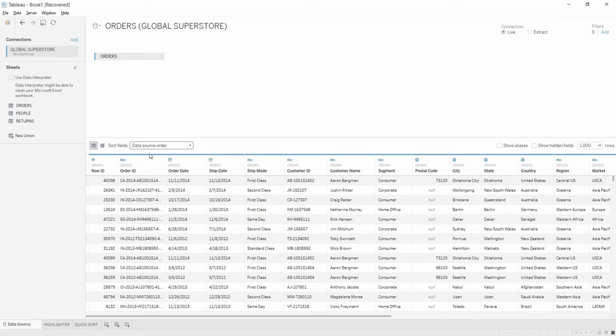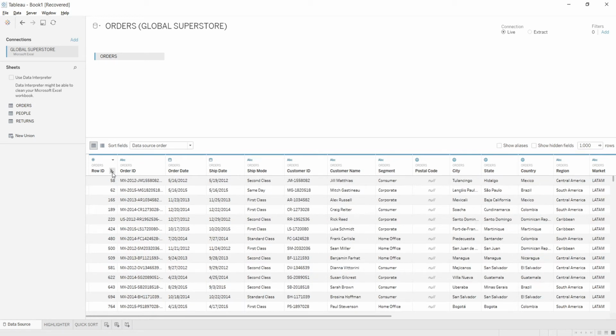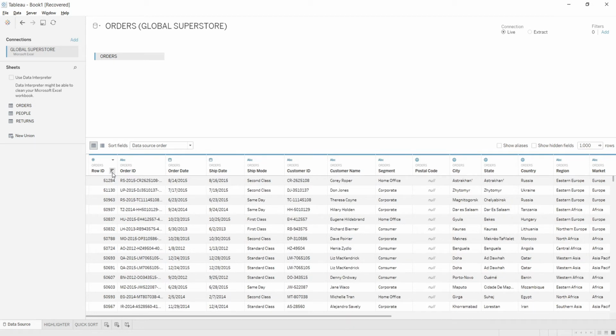But to order the values in the data set and how we want to view that data, in the data source panel we also have a method of sorting data, and that is present in front of your attribute name. When you get this type of option, it means that the data is unsorted. When you click over it again, it means that the data is now in ascending order, and when you click over it again, the data is in descending order. So this is a type of sorting, or we can say ordering, of the data in the data source panel. This is the type of ordering for all the attribute names in the data source panel.